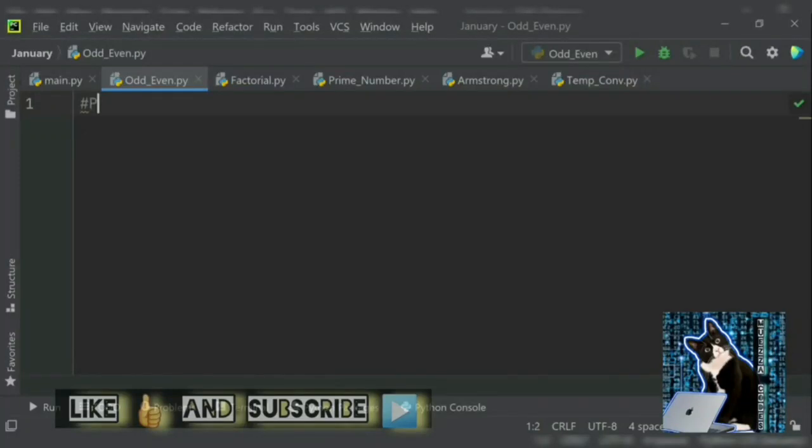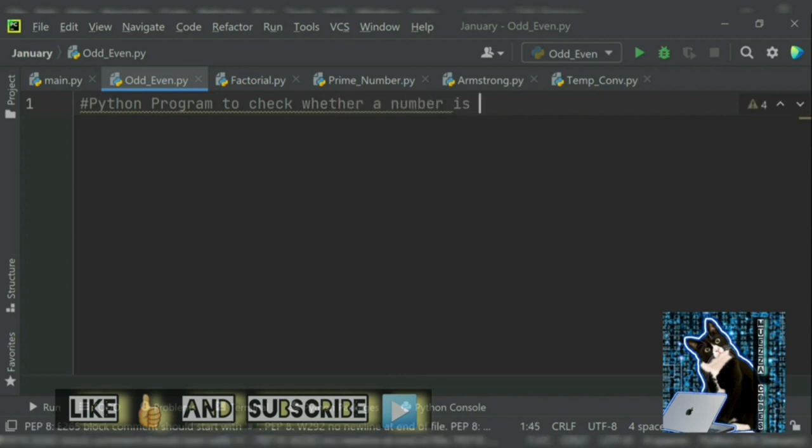Today I will be coding a simple Python program to check whether a number is odd or an even number. Now there are only two possibilities when it comes to odd and even, and the logic behind it is that if